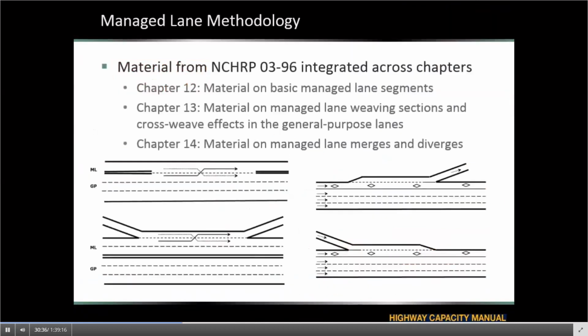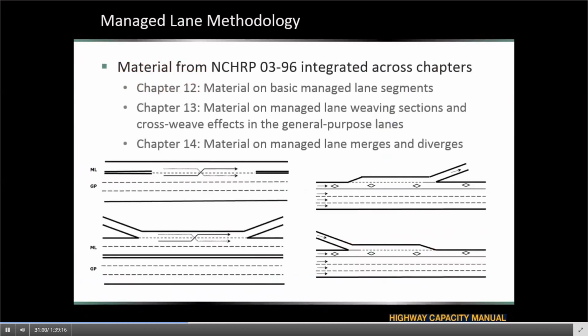Another big change in the new HCM is the incorporation of managed lane analysis. Primarily, the material for this analysis has been produced under the NCHRP 3-96 project, and the material has been spread over different chapters. Chapter 12 has the material for basic managed lane segments.